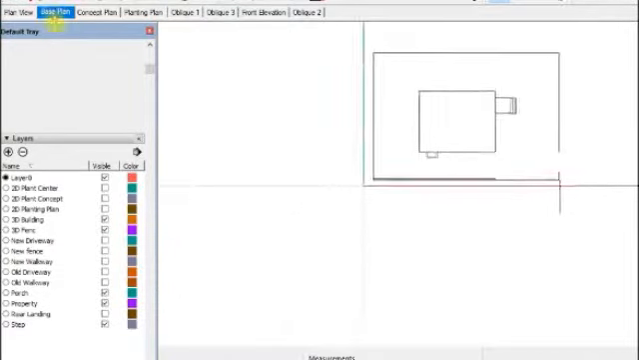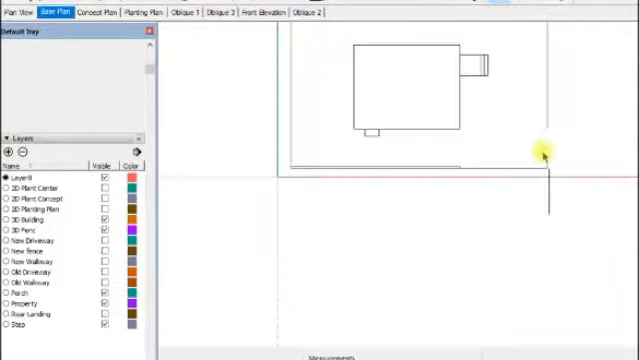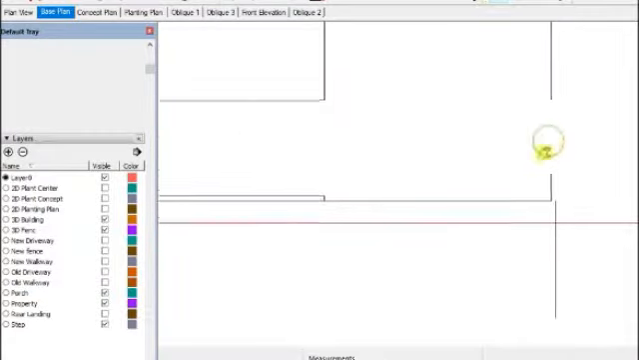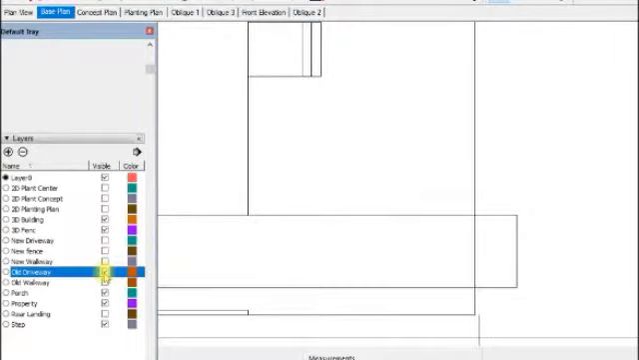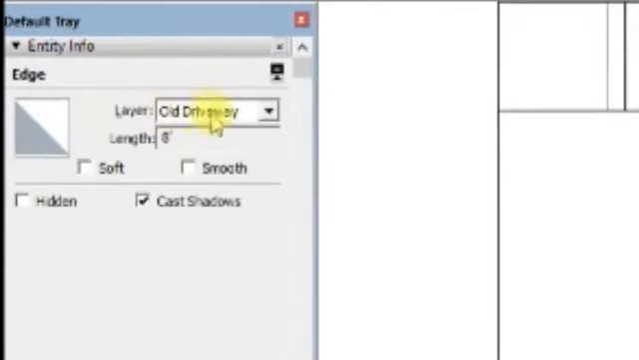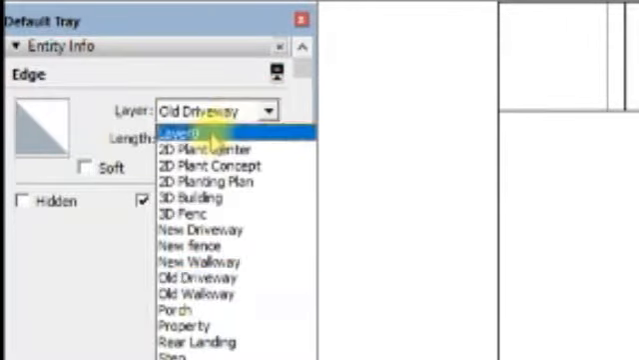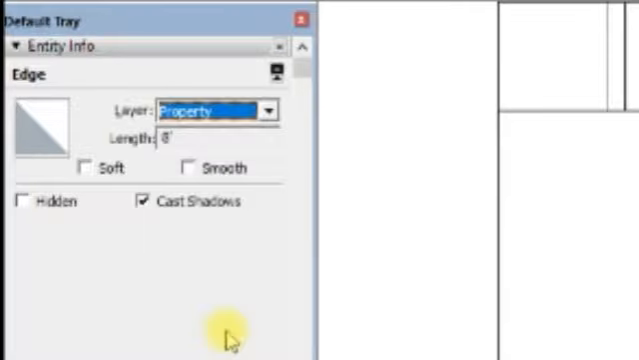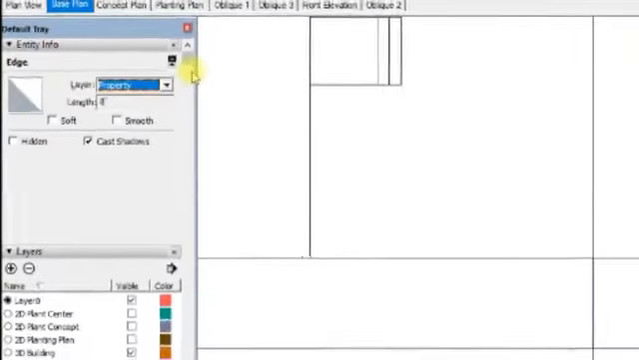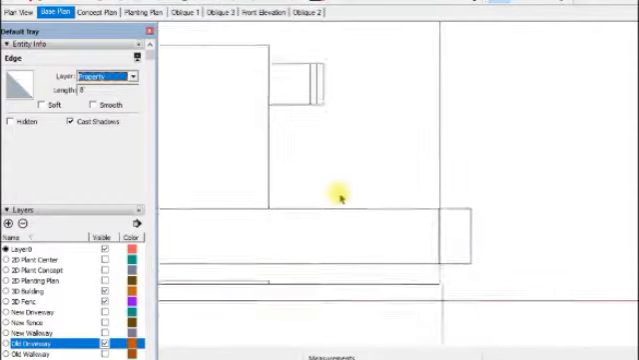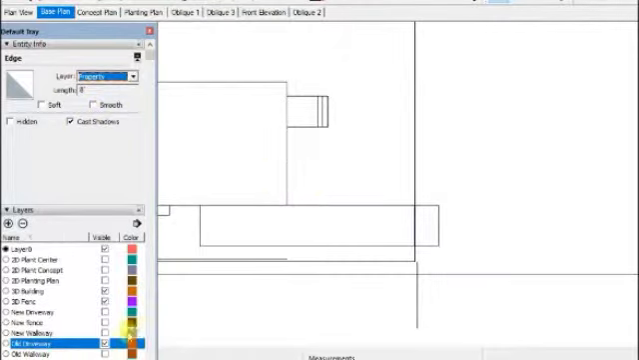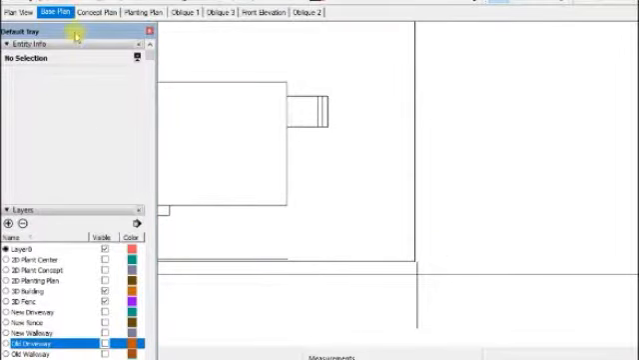Let's just have a quick look at this. There is something missing here. There's a line that should be there, so it's on one of those layers. It's likely on one of the driveway layers. I'll check this. It is on old driveway. It should be on layer 0 or on layer property. So that if I go now and turn off my old driveway layer, I still have a property line there,